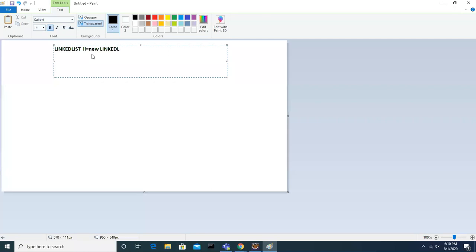Now for the LinkedList, I'm trying to create an object.